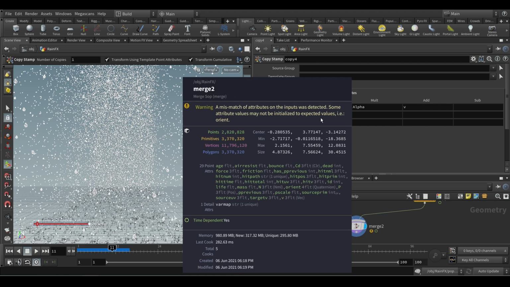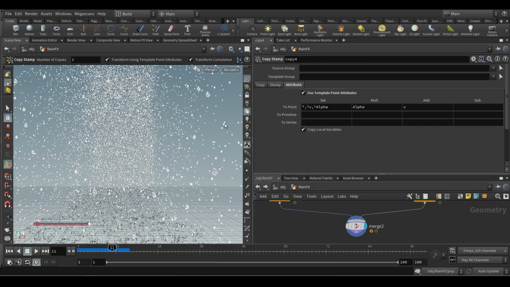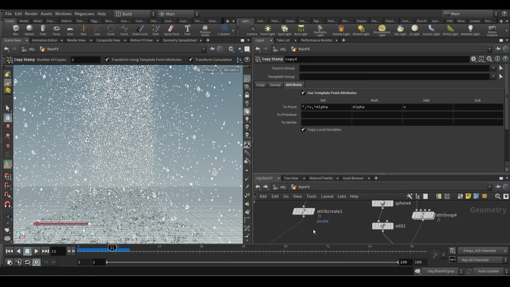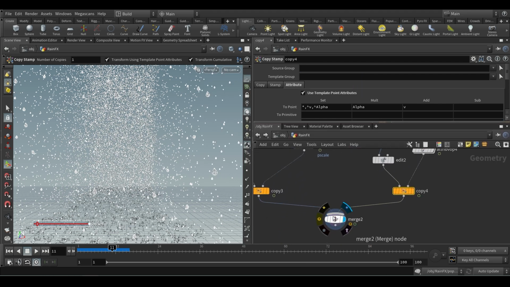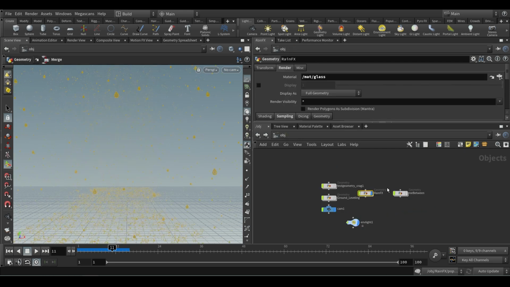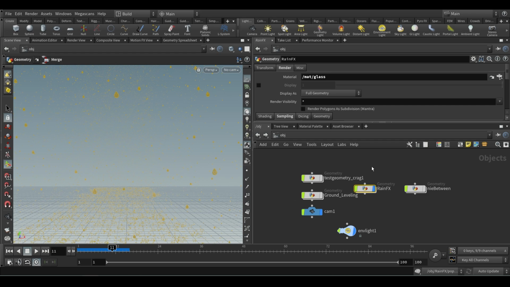Don't worry about the mismatch, because on one of the sides we have orient. So this one has an orient attribute, and this doesn't have an orient attribute. That is fine in our case. So mismatch is okay, but if that bothers you, then what you can do is bring a null here and a null here, and bring both the geometries separately outside here, so it will fix that. But I'm doing it inside only, right?